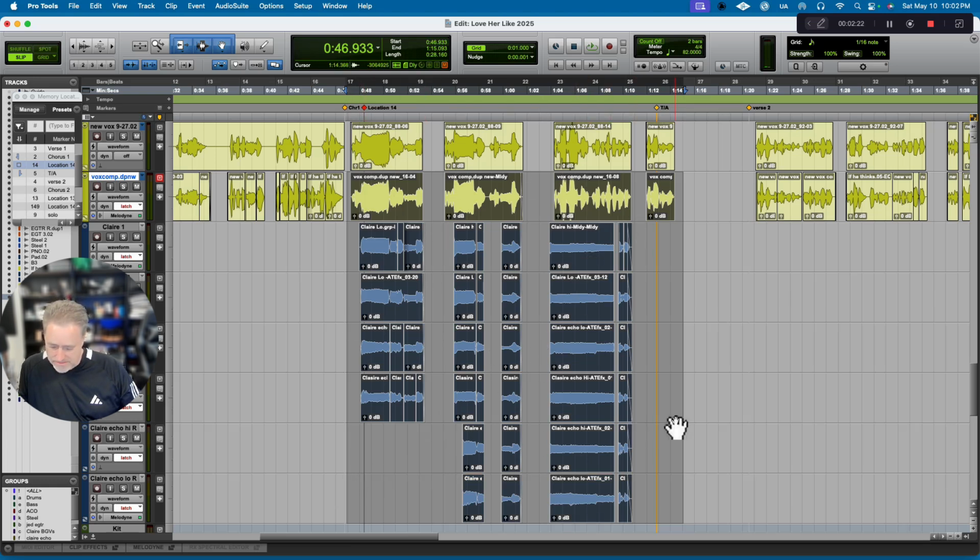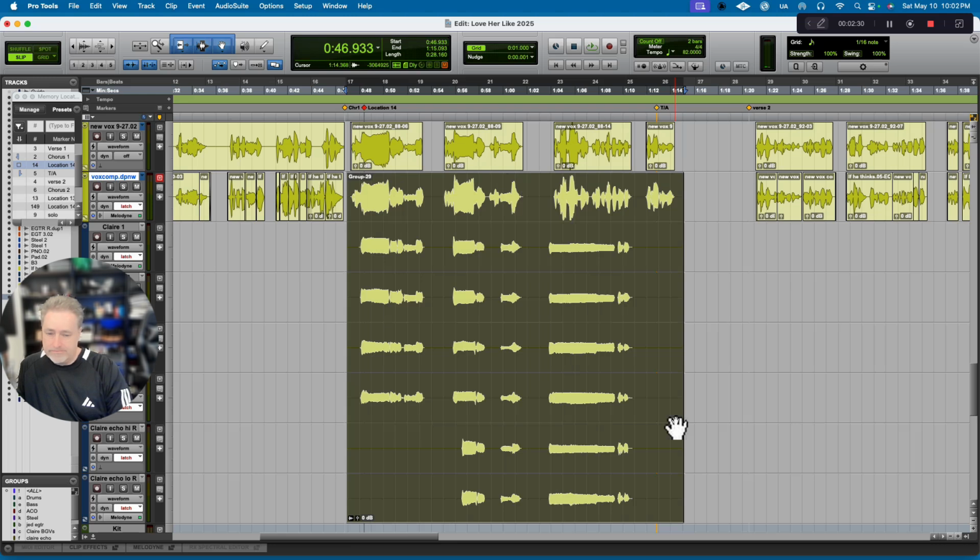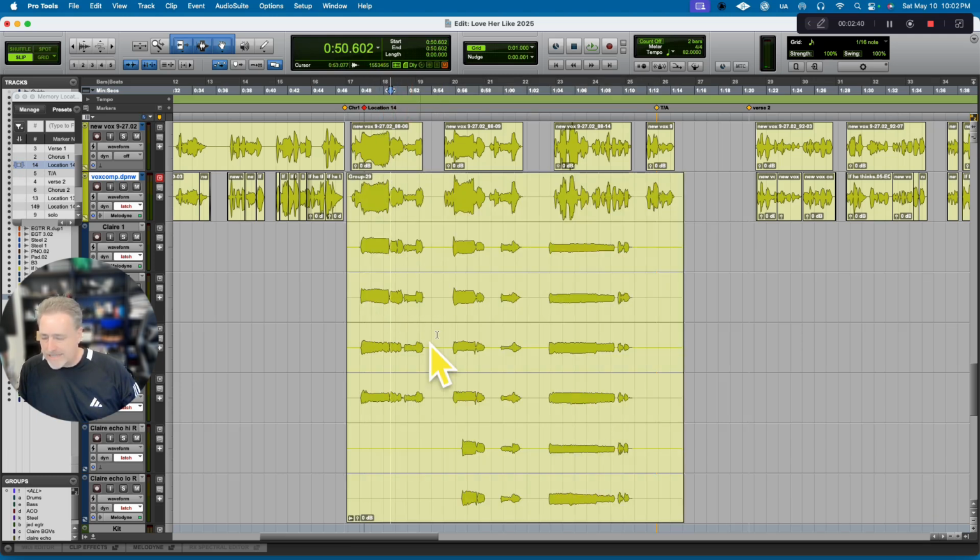I'm going to hit Option Command G, and that's going to group all those clips together so I can move it in one piece. Here we go. Option Command G, boom, there you go. So there it is. Now, we can't just take that and stick it because we don't know where to put it. We won't know the start point. But if we highlight all of these tracks, which are now a group, so they're going to all highlight together,